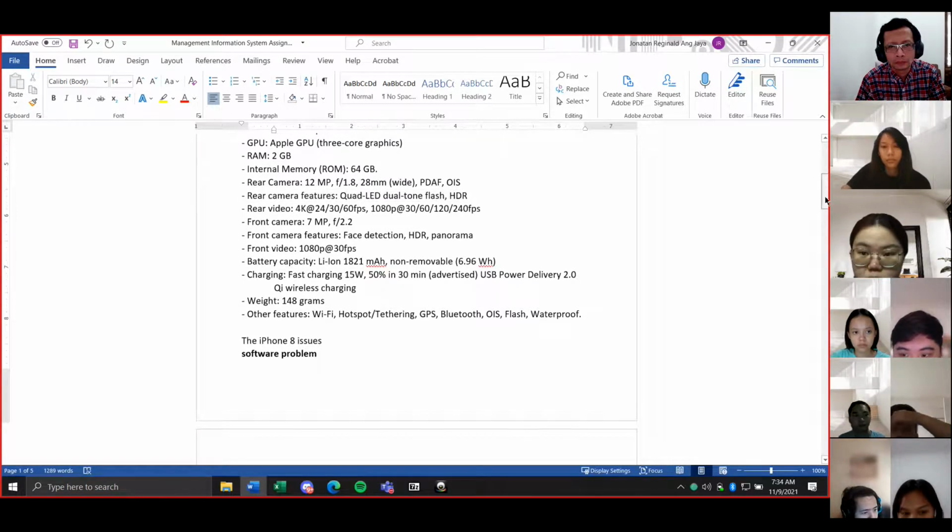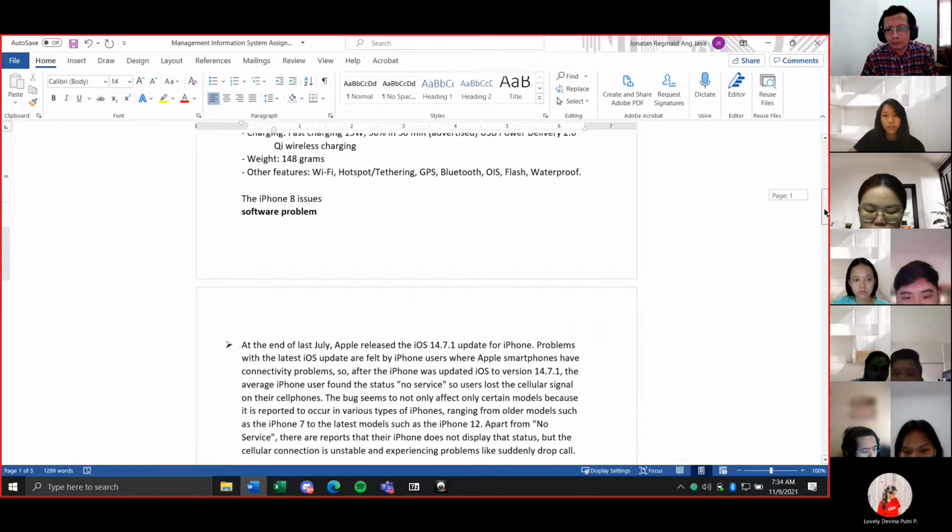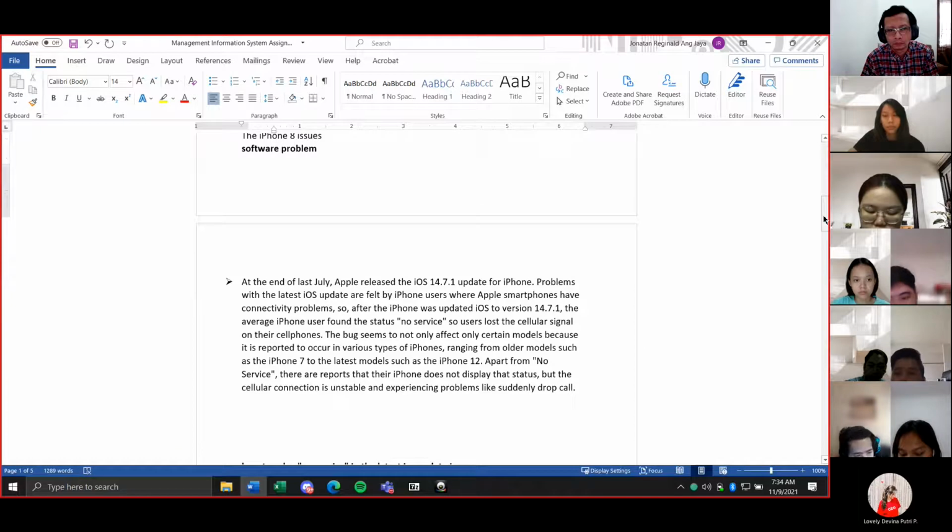The software problem. The first is that at the end of last July, Apple released the iOS 14.7.1 update for iPhone. Problems with the latest iOS update were felt by iPhone users when the Apple smartphones had connectivity problems.